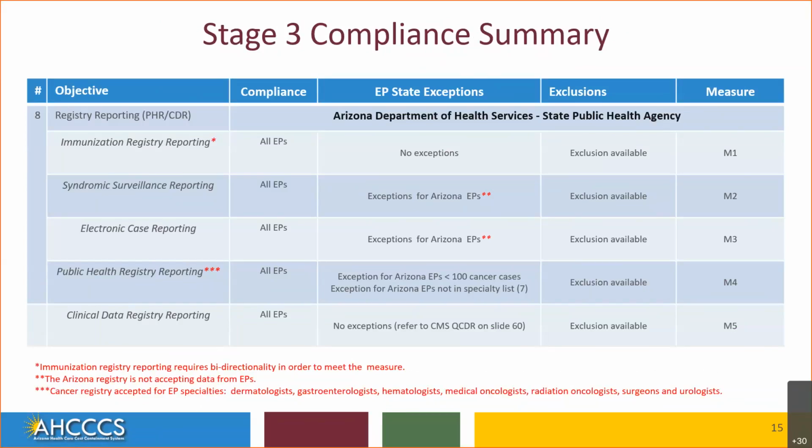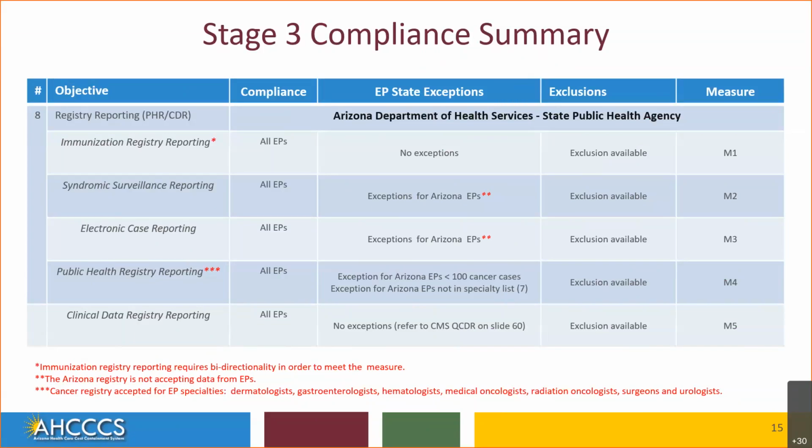And then for Measure 2, Syndromic Surveillance Reporting, all EPs can be in compliance. The exceptions for Arizona EPs, so keep in mind that the Arizona Registry is not accepting data from EPs for syndromic surveillance. And the same goes for the next line down, which is the electronic case reporting. The registries in Arizona do not accept data from EPs, but exclusions are available, and we will discuss those exclusions